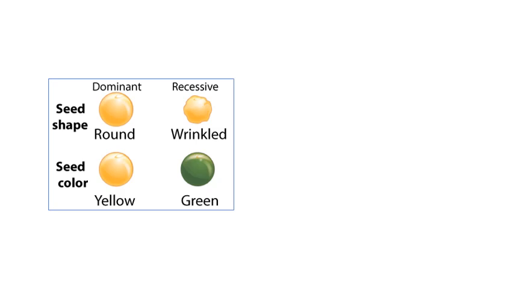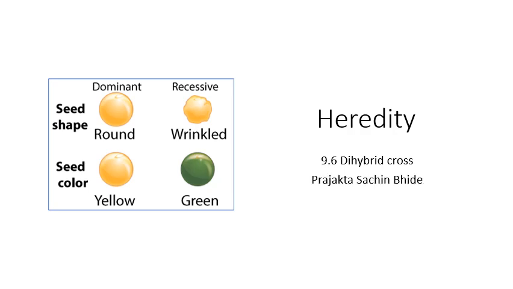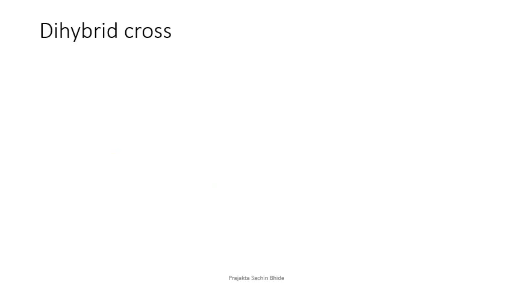After studying what is a monohybrid cross, we now come towards the dihybrid cross. If you observe the image given on the slide, we are going to talk about two things. Di means two. We are going to talk about two traits in this cross. Let us look into a dihybrid cross now.